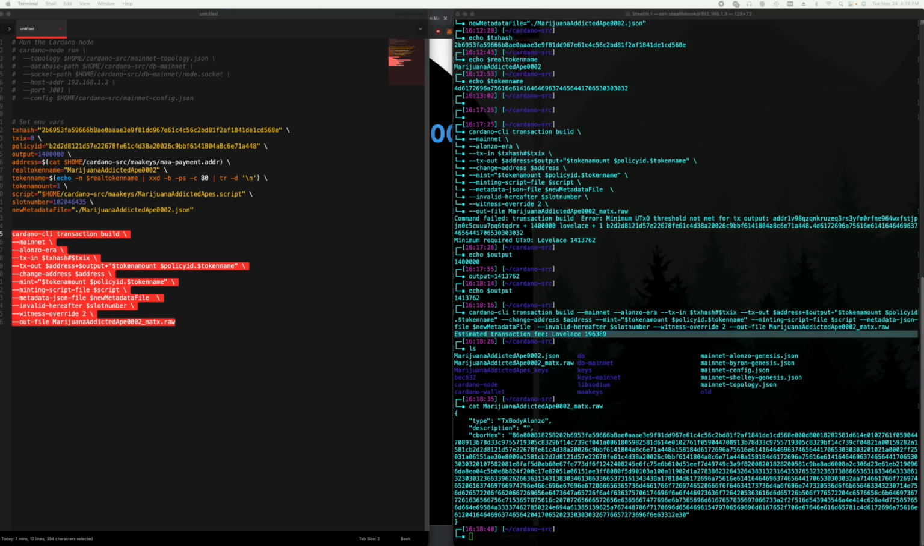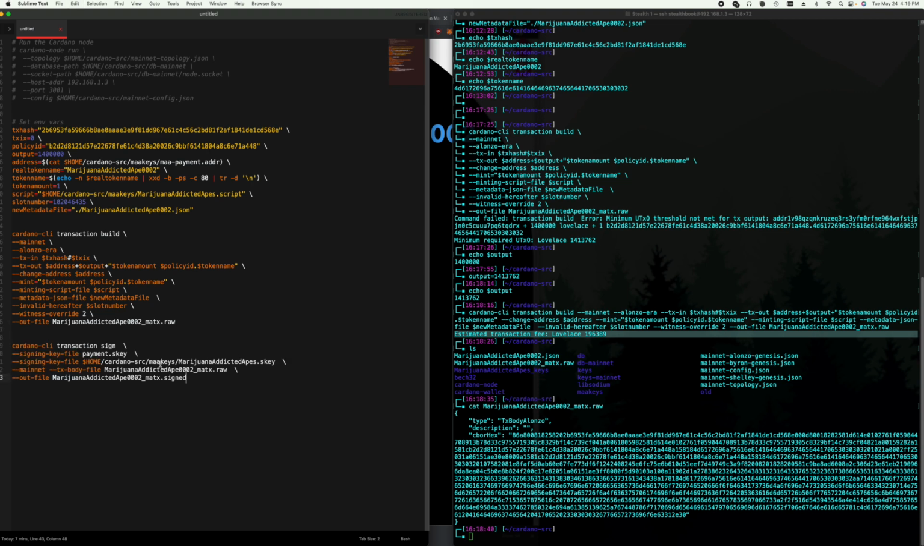And now we have to go sign the transaction. So I go right here. The signing key file is going to be in, it's not going to be payment.skey. It's going to be,